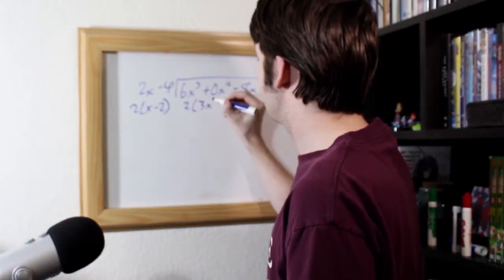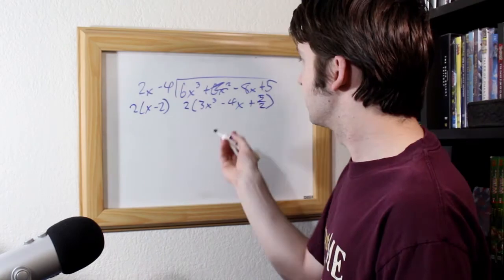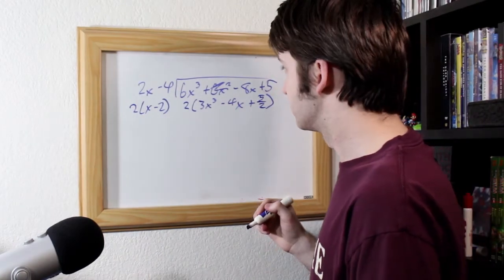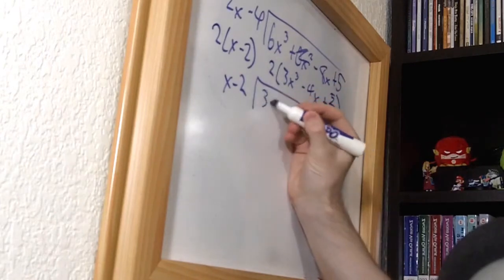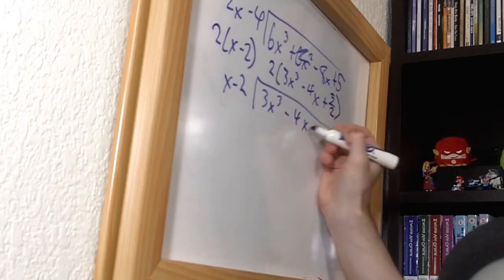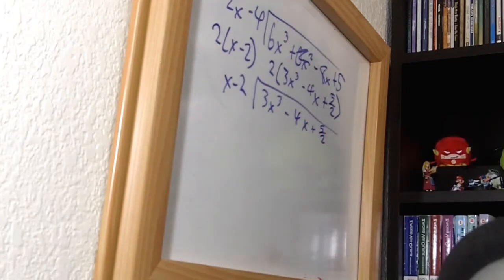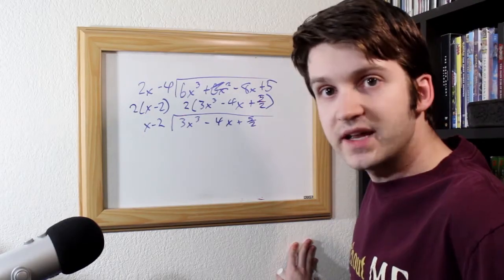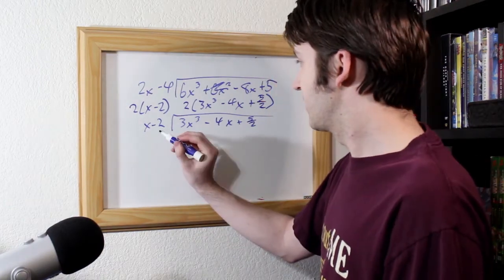So that would be 3x cubed. Let's get rid of that. 4x plus 5 over 2. So we can just get rid of the 2 there, in theory, and just have x minus 2, 3x cubed minus 4x plus 5 over 2, and there you go. So we simplified a problem, right? But wait, there's more. So then, it's much like a regular division problem, where you figure, how many times does